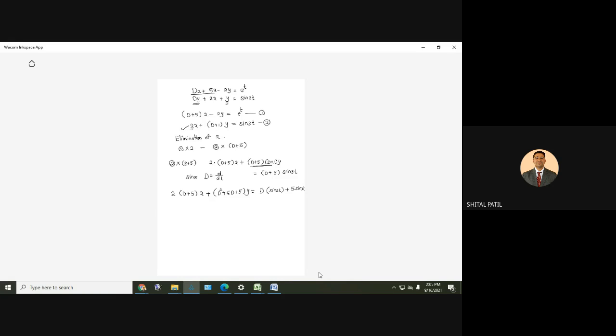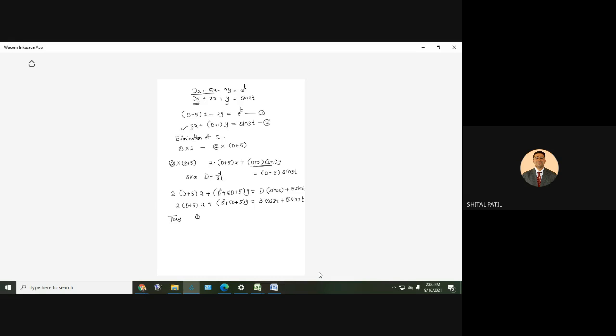Is everyone understanding? So 2 into D plus 5 x plus D square plus 6D plus 5 y equal to, D means derivative. What is the derivative of sin 3t? 3 cos of 3t plus 5 sin 3t. Getting everyone? Okay, thus,